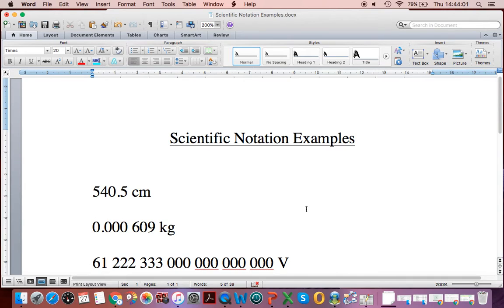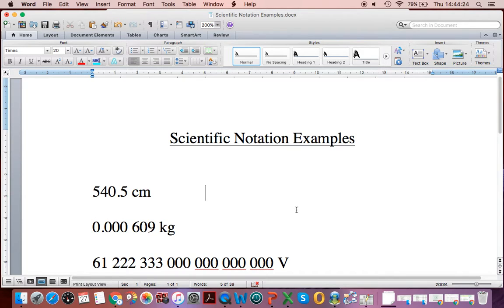Good day. This is stuff you should know from math, but you may have forgotten. So we're going to go through some examples. And your calculator may do these conversions for you, but it's a good idea to have some understanding of what's going on. So in this case, you're given a number in regular notation, and you're trying to put it into